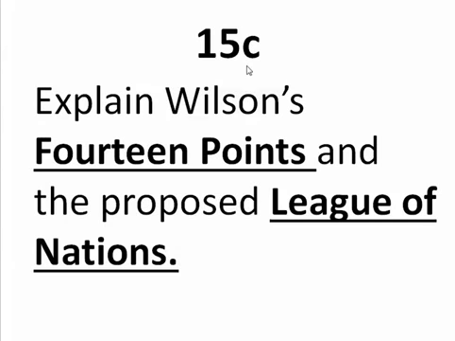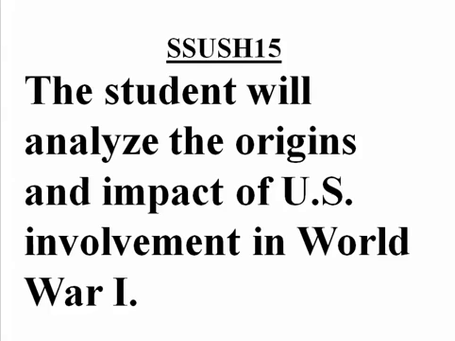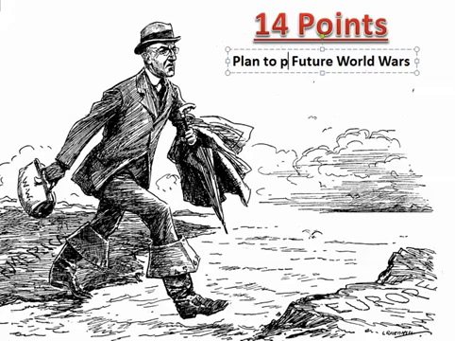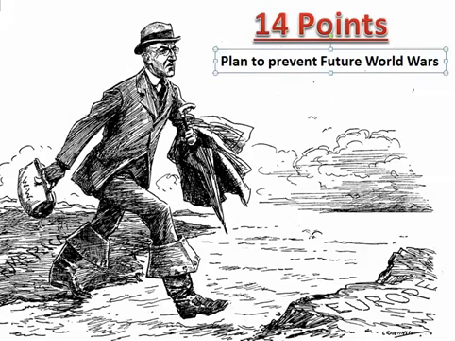All right, let's look at Standard 15, Substandard C. Explain Wilson's 14 points and the proposed League of Nations. And let's turn back here to the stem. It says the student will analyze the origins and impact. Let's change that to end. They ain't even started yet. Prevent future world wars. So Woodrow Wilson's 14 points were in the Treaty of Versailles that he helped write, or he wrote, and in the Treaty of Versailles his 14 points